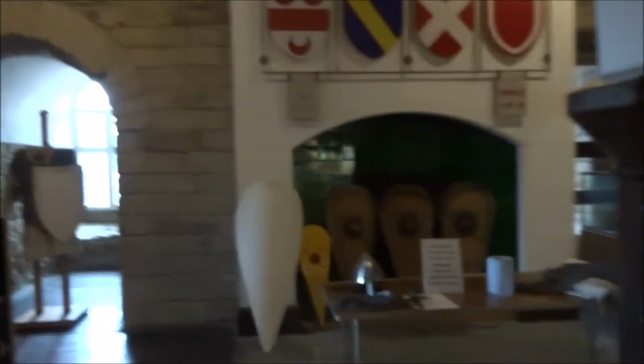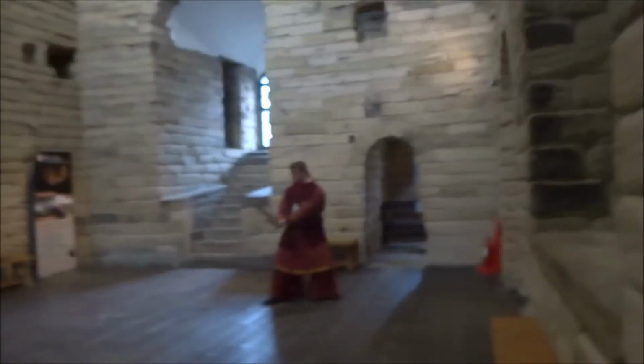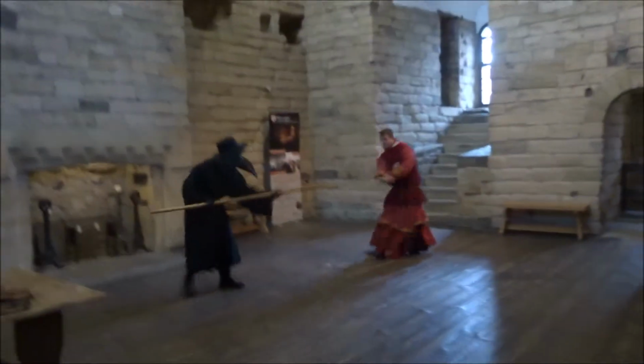Now, some upstairs here somewhere. Okay, I'm going to go up to the top. 99 steps. Okay. The Great Hall is where the medieval warriors...